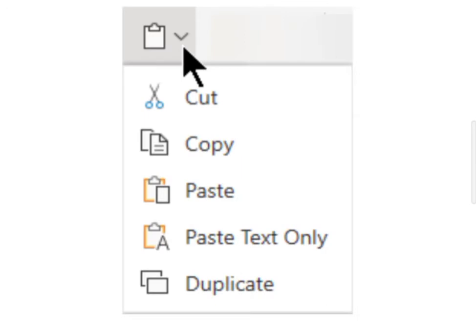Next, copying the text. You can also copy the text object to another location on the slide. So to copy the text, first select the text to be copied and click Copy option, that is in clipboard group. Next, select the location where text is to be copied, and the last one is click Paste option to copy the selected text at the new location as well.